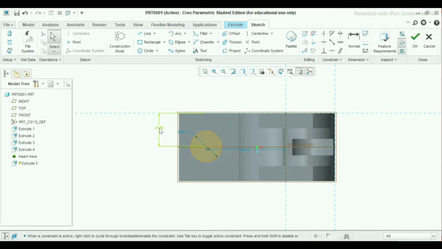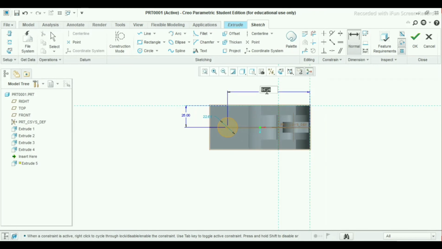Now take the distance as 25 mm. Go to normal, select the center point of circle to the edge that we have created for reference. Select this edge, press scroll button, make it 95 mm.